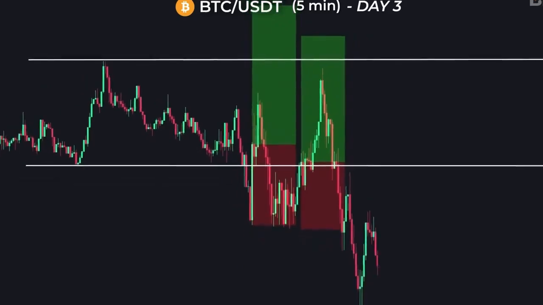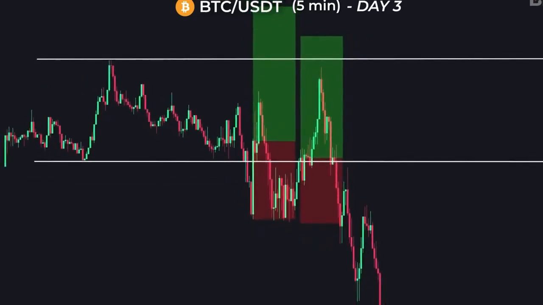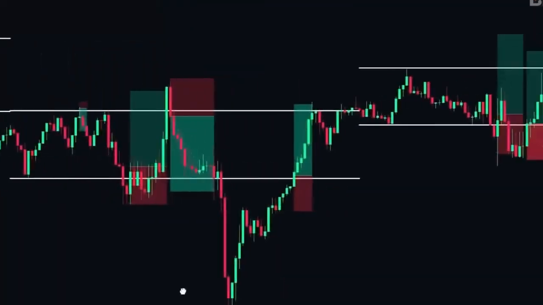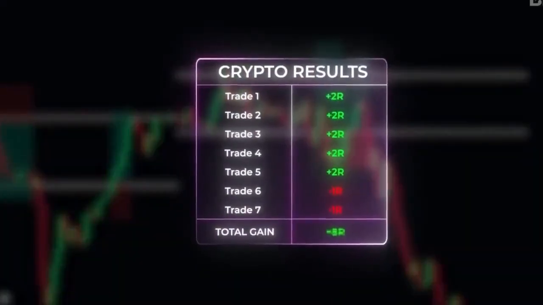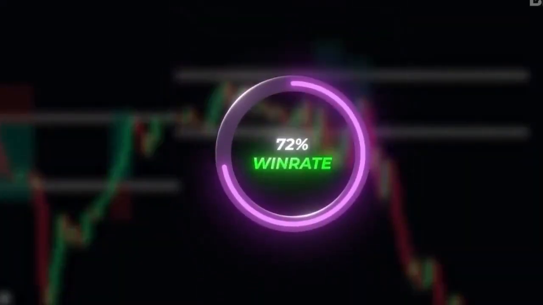After that, price didn't re-enter the range until the end of the day. So that wraps up today's session. Now, let's see the final results. Here you can see all the trades we backtested. Out of 7 trades we took, the strategy gave us 5 wins and 2 losses, with a total gain of 8R. That's about a 72% win rate on the crypto market, which is extremely impressive considering we only used the